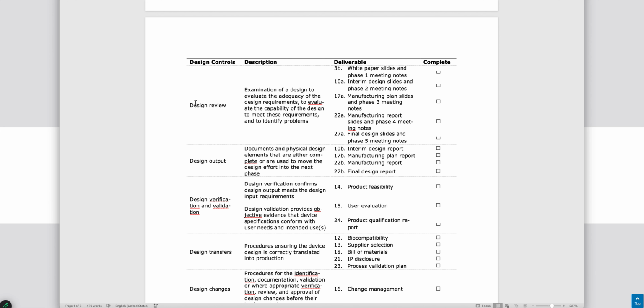The other one is a design review. Now, what is the description? This is the examination of a design to evaluate the adequacy of the design requirements, to evaluate the capability of the design to meet these requirements, and to identify problems. You may think that this is cumbersome. No, this is not. This is just a logical step-by-step procedure, so that we are going to make